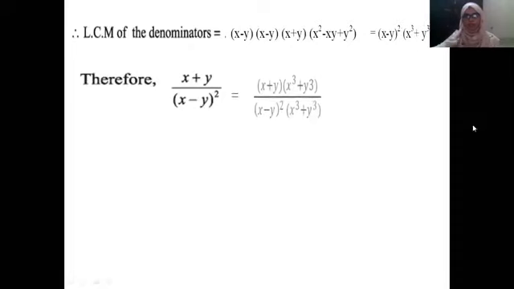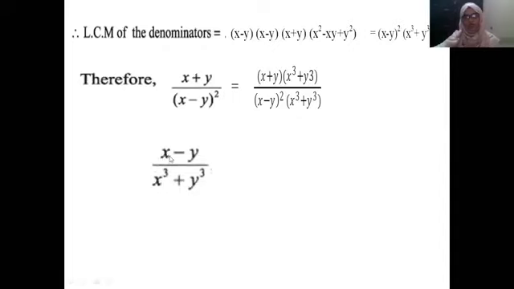We get x plus y into x cube plus y cube by x minus y whole square into x cube plus y cube. Second fraction is x minus y by x cube plus y cube. Now divide LCM by this denominator, then we